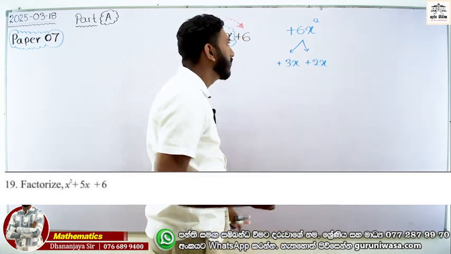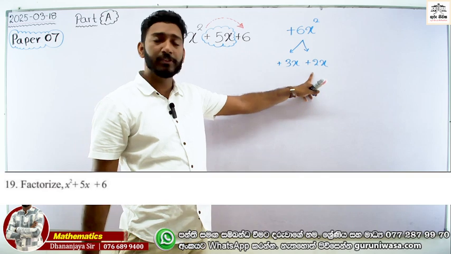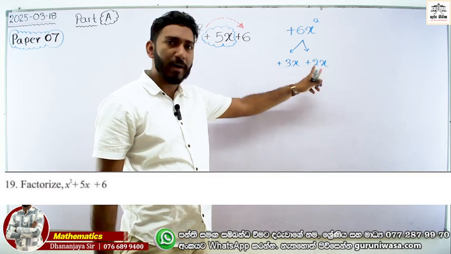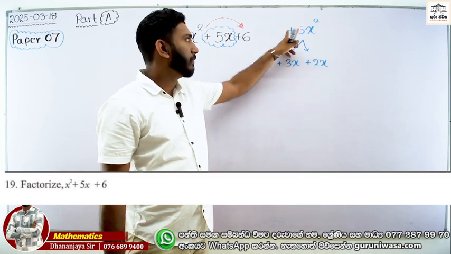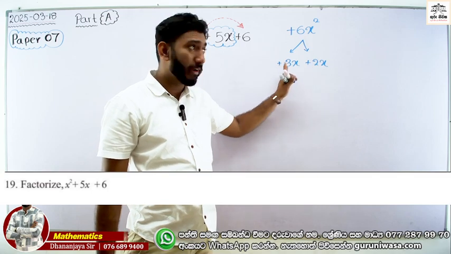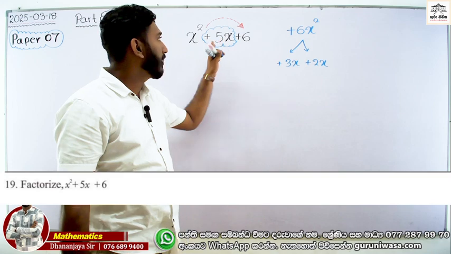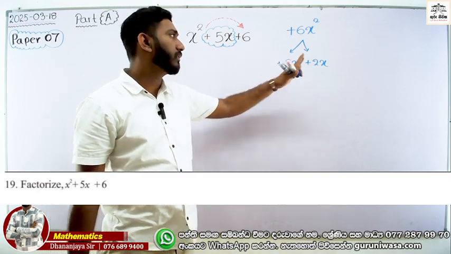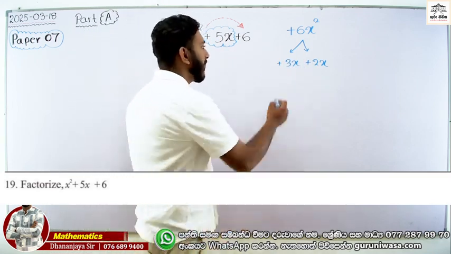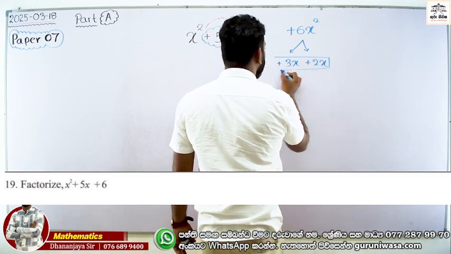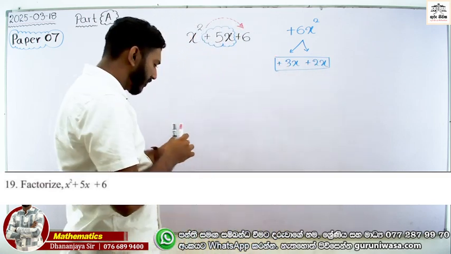And you know plus comes from plus times plus or minus times minus. That's the logic. And look, the middle one is plus. Therefore all terms are plus. And this is a suitable couple for 5x. Now you can write